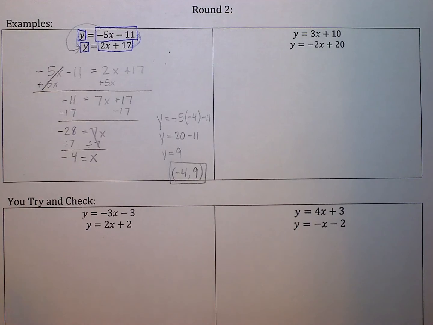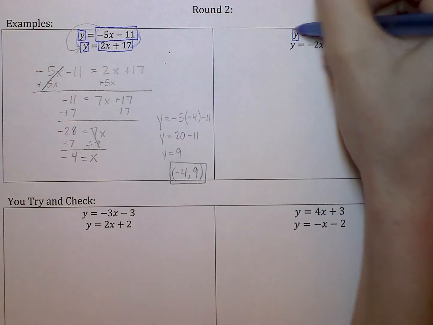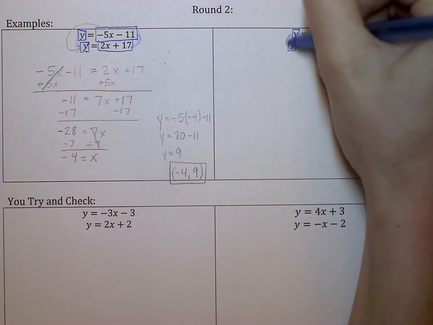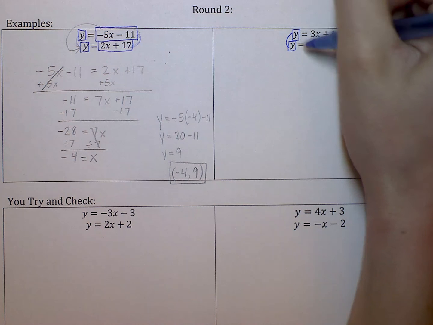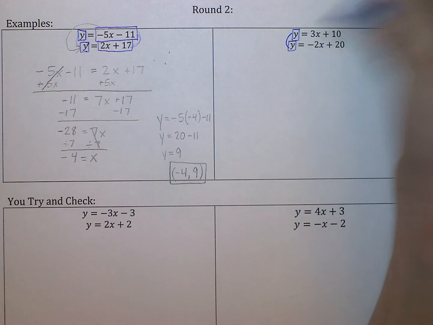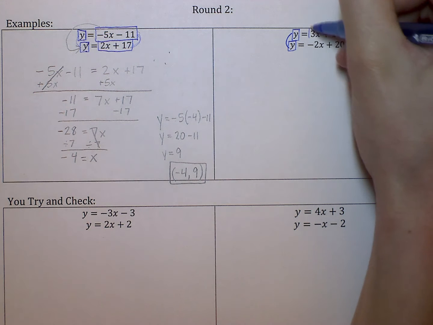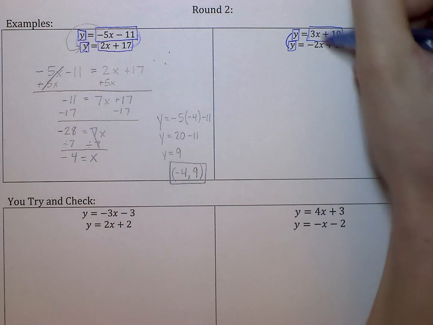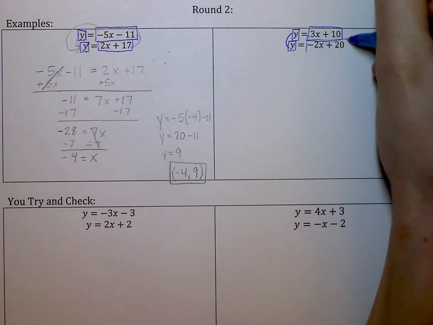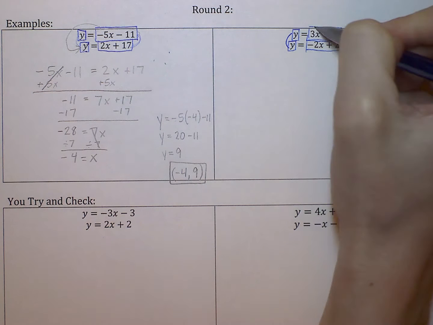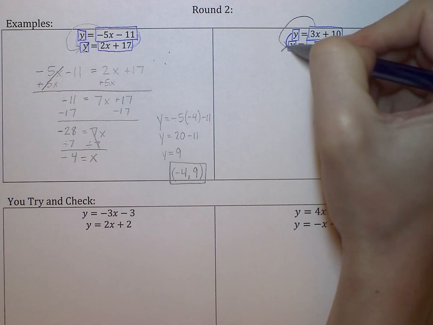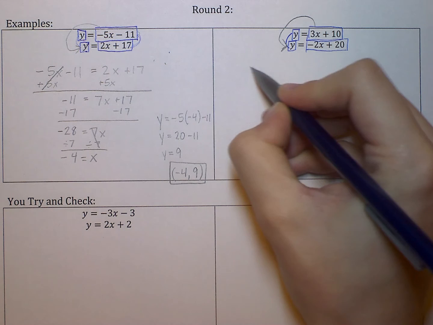Next one. Okay. Again, this y and this y are equal. They're the same letter, so they have to be the same, right? If this is a 5, that's a 5. This is a negative 10,000, this is a negative 10,000. This y is equal to this. This y is equal to this. So therefore, these two things must be equal to each other. I can take this expression and substitute in for that y, and my new equation is